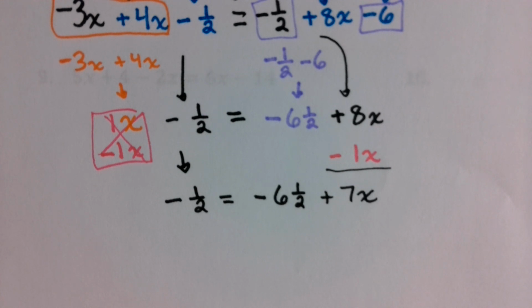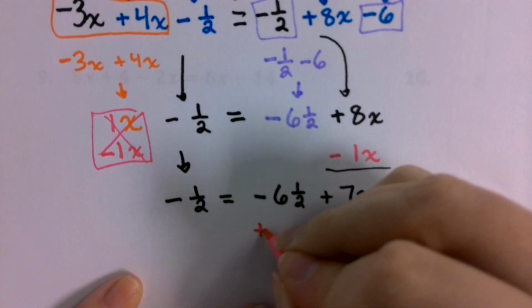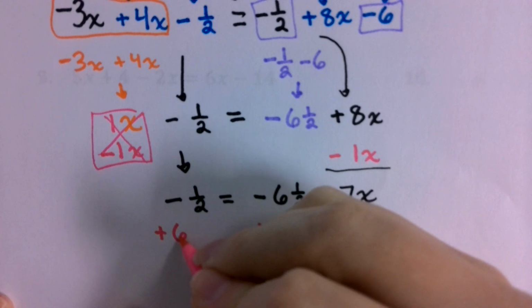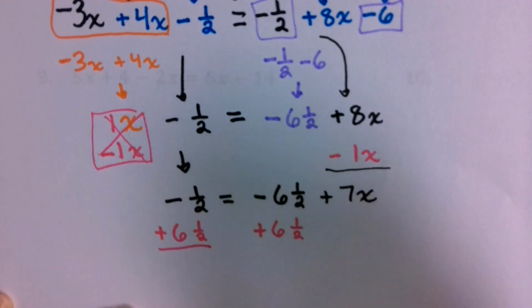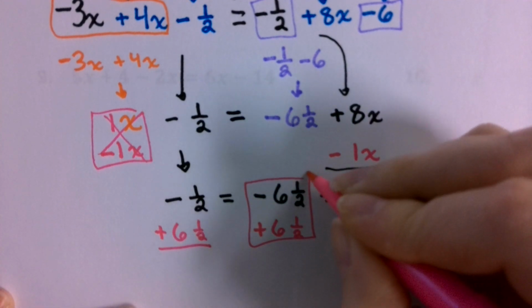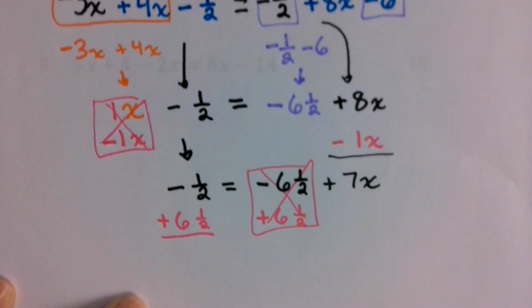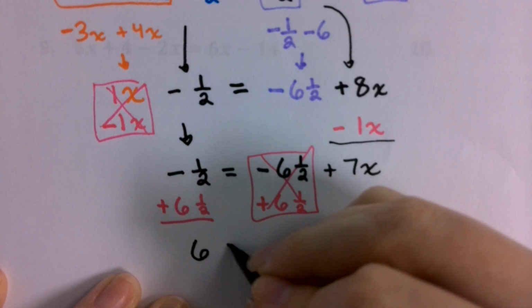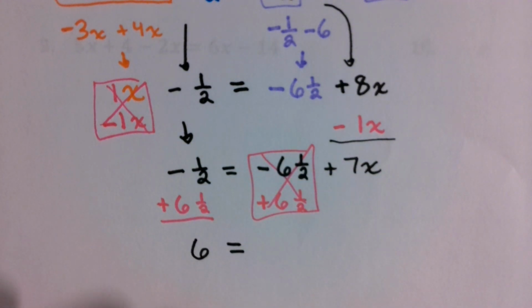Nope, not plus 1/2. It's plus 6.5. We're going to add 6.5 to both sides. So I'm going to add 6.5 over here. Okay, these are going to get boxed off. They're gone. Negative half plus 6.5 is just 6. So 6 is equal to